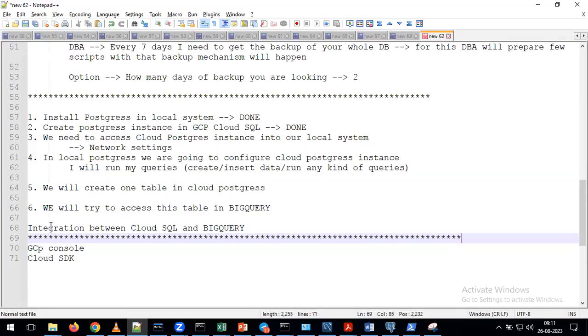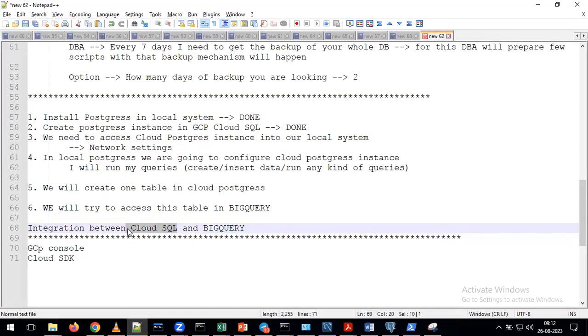Maybe it will take 1 hour or it will take 2 hours only. We'll try to go through all these steps in a very slow way. With that, you can get the clear picture, because as part of real time, we are going to perform these kinds of activities, and you need to understand the individual services. At the same time, we need to understand how we are going to integrate the multiple services depending on our requirement. Already you know about BigQuery. Now we are discussing Cloud SQL.